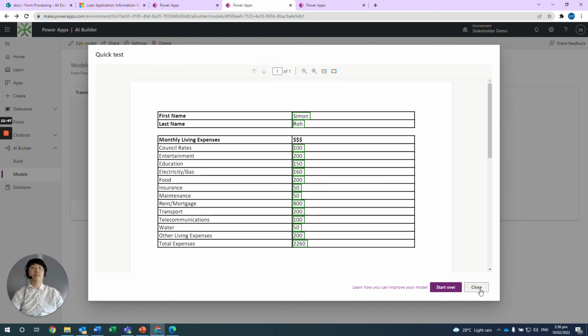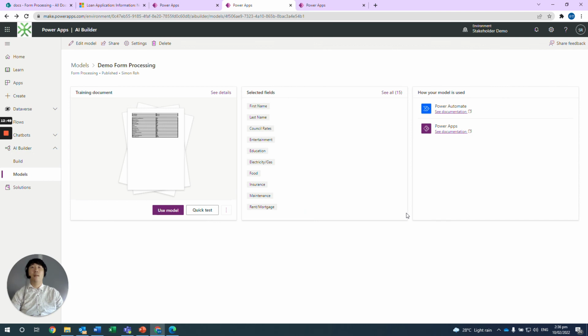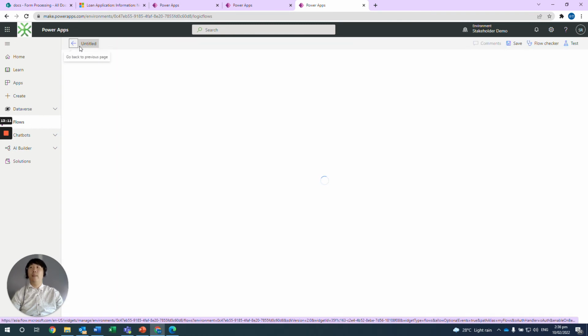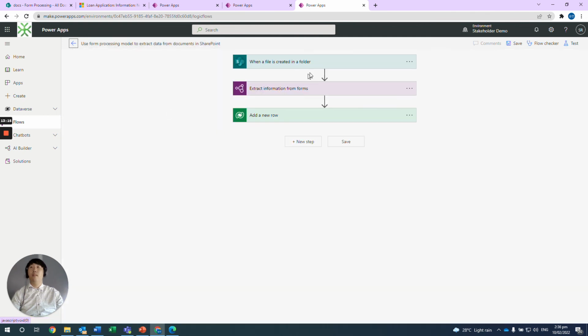And then once you have done that, the last thing you want to do is use it how your model will be used. So first up is Power Automate, which I'll be showing you today, but you can also use it within a Power Apps. So if I go into my Power Automate flow, go edit, what I can show you is that